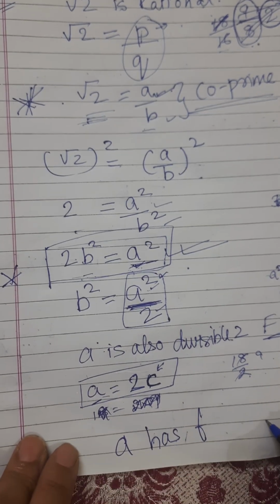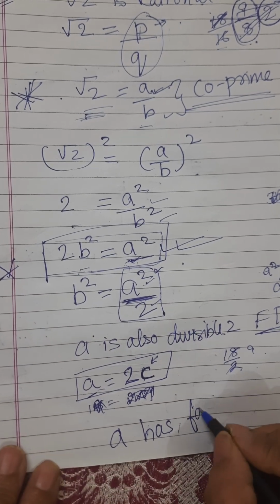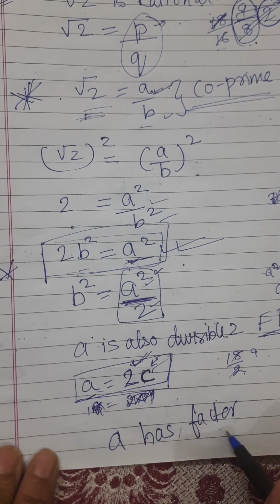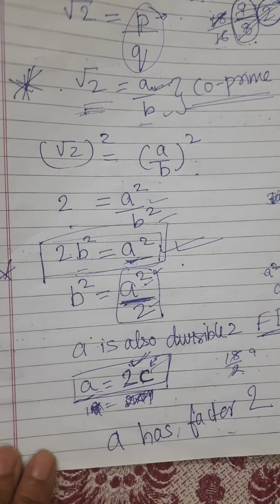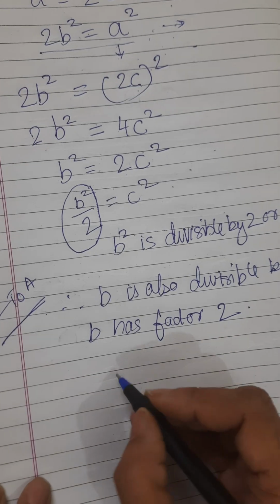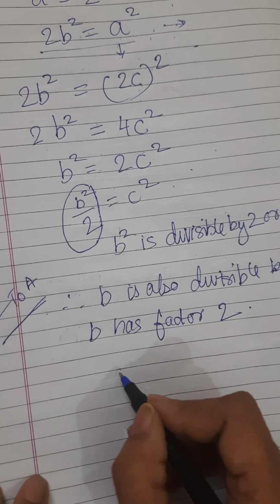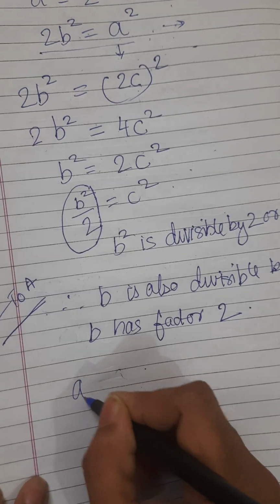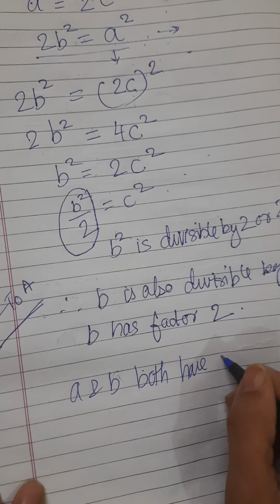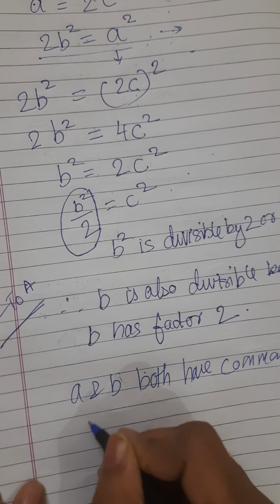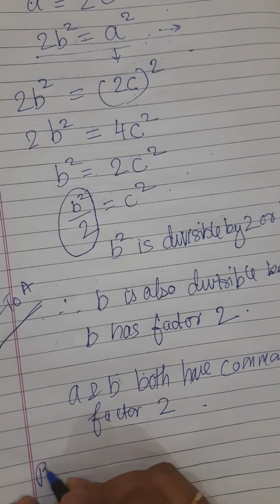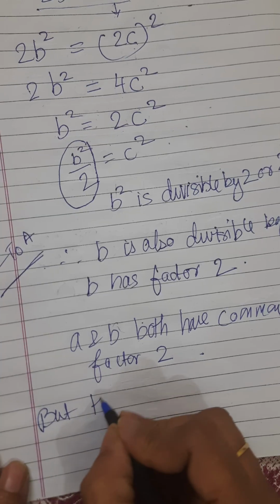In the previous step, when we did a is equal to 2c, 2 was the factor, 2 into c, so a has factor 2. Now we proved b has factor 2, which means a and b both have a common factor 2, but this contradicts our initial